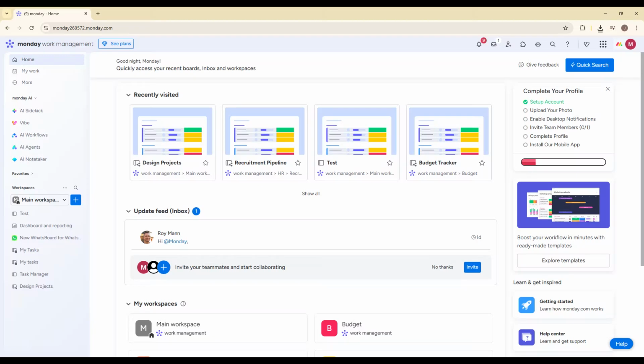In today's video, I'm going to show you exactly how to integrate Clockify with Monday.com using Zapier. This is perfect if you want to automatically track time in Clockify whenever something happens inside Monday, like when a new item is created, when a status changes, or when time tracking starts. Automating this process can save you hours of manual work and make your workflow much more efficient. I'll walk you through everything step by step so you can set this up even if you've never used Zapier